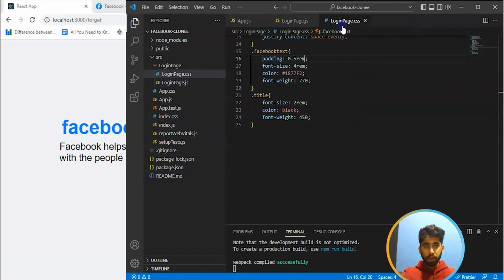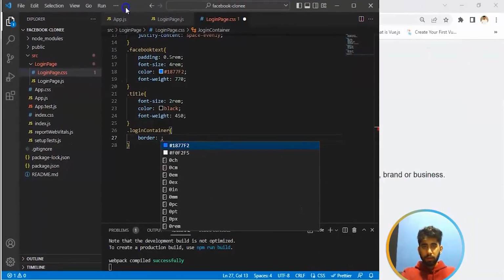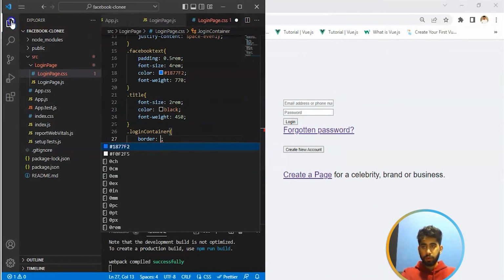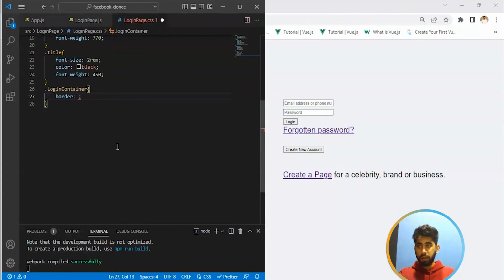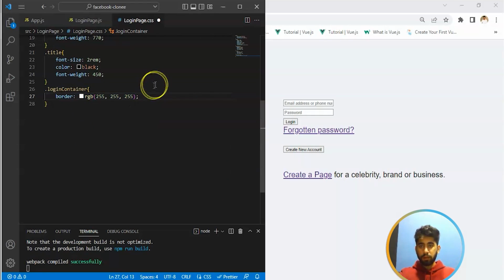So now on our login container. So let's write login container. Let's go here. Let's increase the size of this to see the changes we need to do. So let's give it a pointer of 8. 8 only, but a little. Okay, fine. Coming back to our code, let's give it a